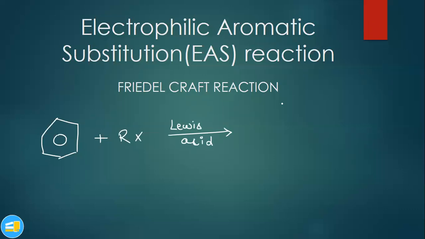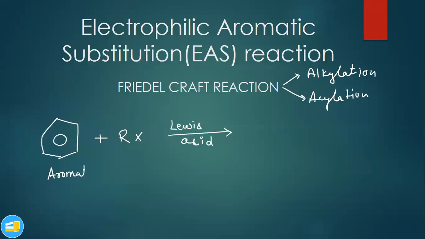This reaction is called the Friedel-Crafts reaction, and it has two parts. The first one is alkylation, which we'll be discussing in this video, and the next one is acylation, which we'll discuss later on. So alkylation is what we'll be discussing in this particular video. Alkylation is a reaction of a benzene ring or any aromatic ring with an alkyl halide RX